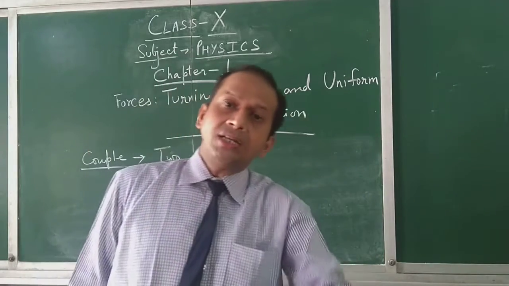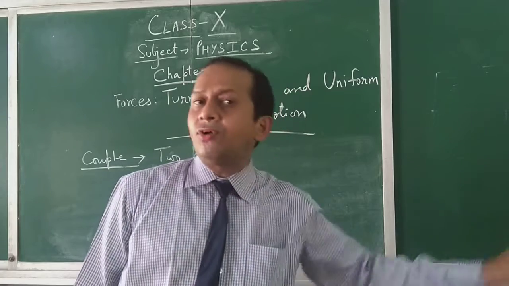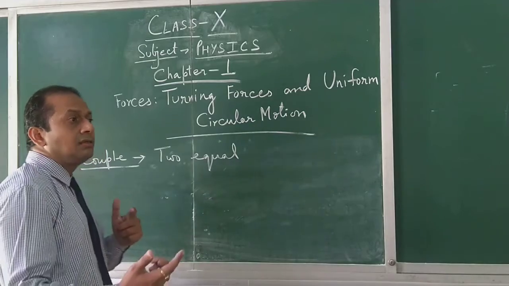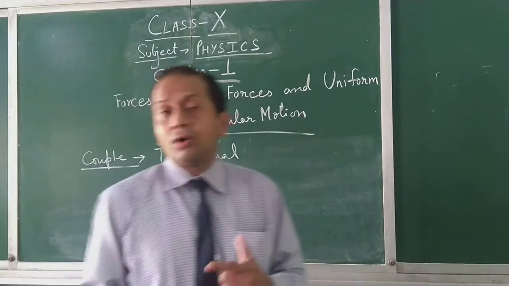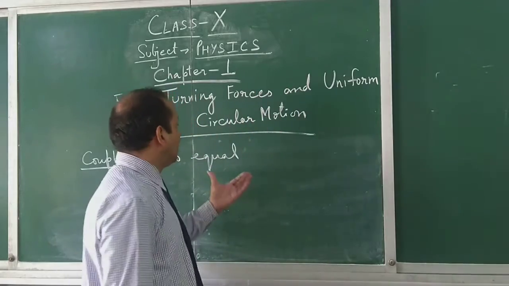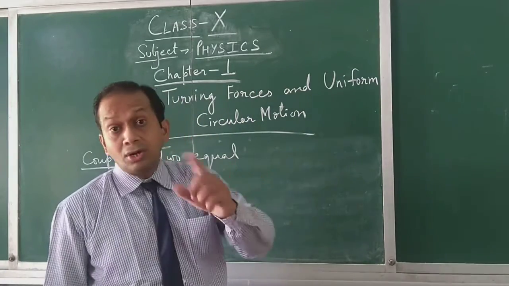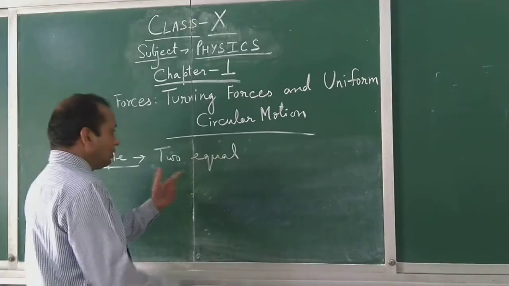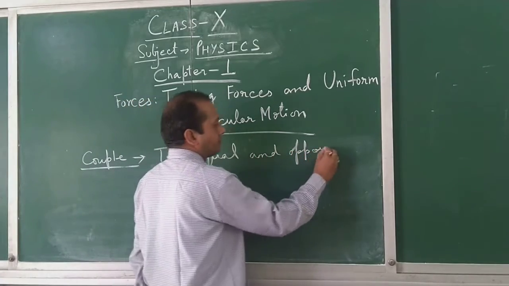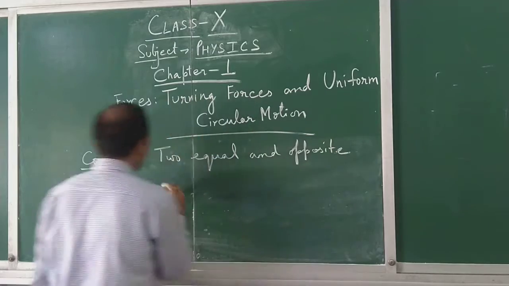If the forces are unequal, then it doesn't form a couple. It can turn the body if the lines of action are different, but it will not be a couple. So two equal and opposite forces